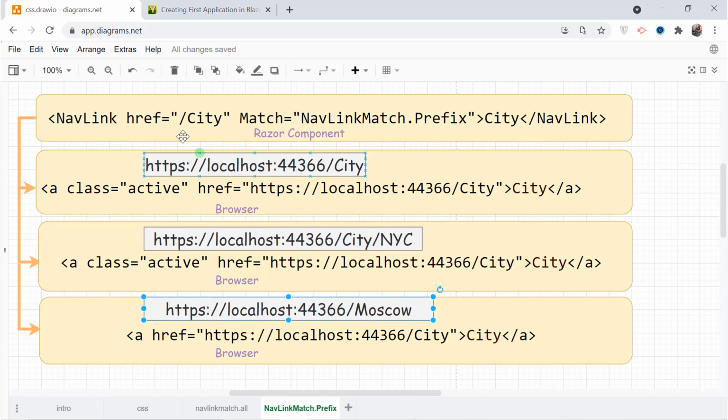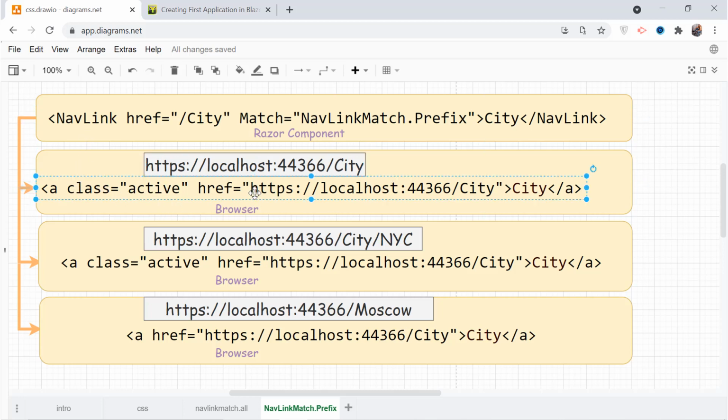In the first case, what prefix says is: if the href value that the NavLink has produced matches the prefix of the URL of the page, then the NavLink gets matched and class equal to active is applied.